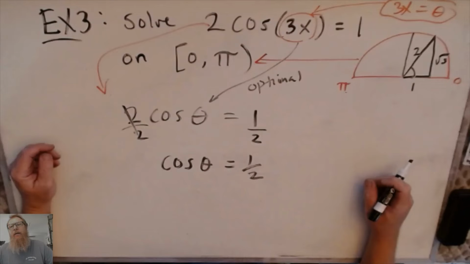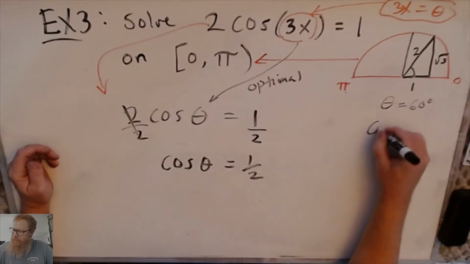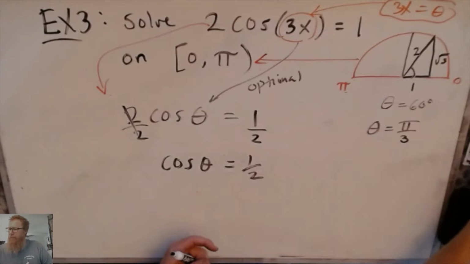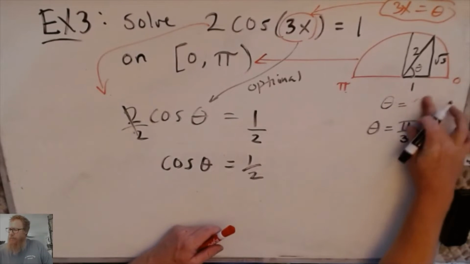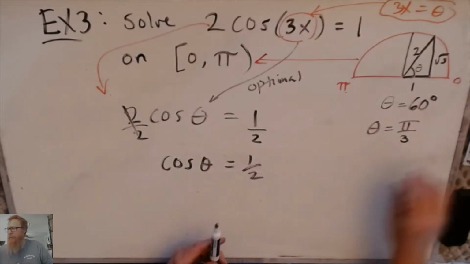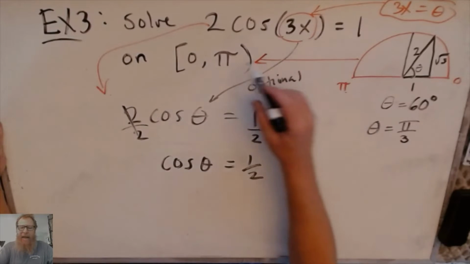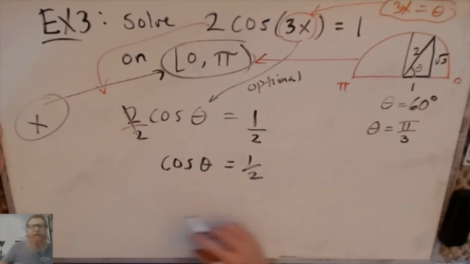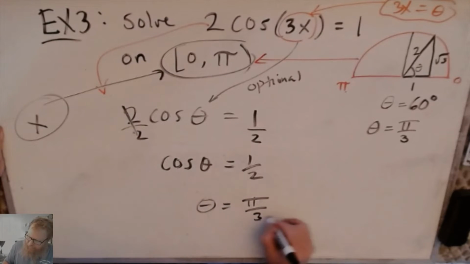1/2. So that would be 60 degrees, pi over 3. So here's my theta right here. Now we're not done yet. X has to be between 0 and pi. Not theta, but x. So I know that theta is pi over 3,